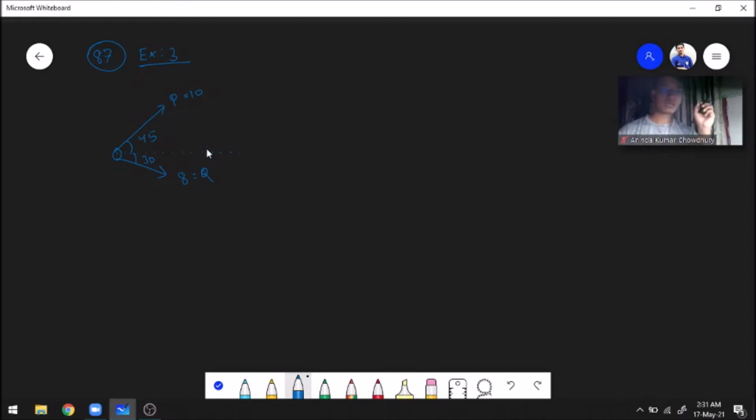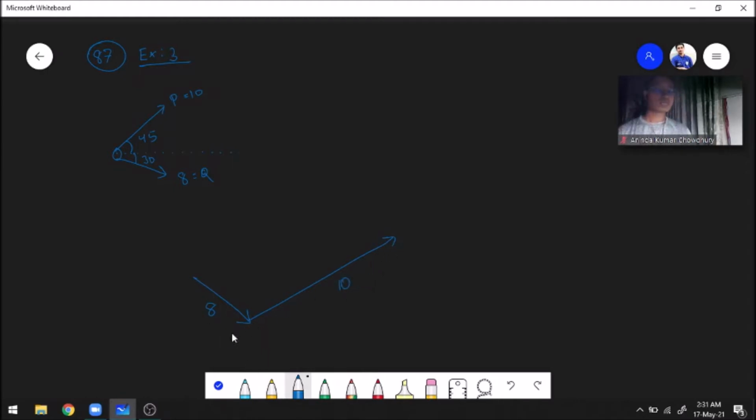The resultant force is that force which can replace both of these forces and still move this object in the same direction. First of all, we have to draw a vector diagram. For drawing a vector diagram, we pick up this 8 newton vector and place it over here. Then you pick up this vector P, which is 10 newtons, a bit longer because it is 10, and place it here, like this.